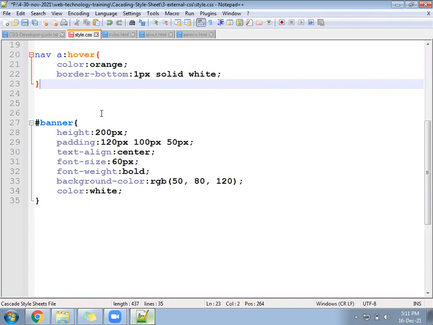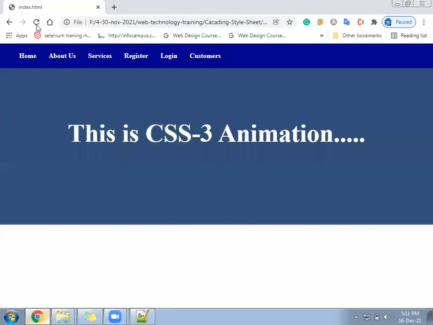Okay, so let's go ahead. And animation, what do you understand by animation? Animation means, suppose once you run the page, you don't do anything, your page will have some kind of activity automatically. It will keep running. Like if you write animation for this text, maybe you can change the color, maybe change the background, maybe increase the font size, maybe hide. So whichever animation we can apply.